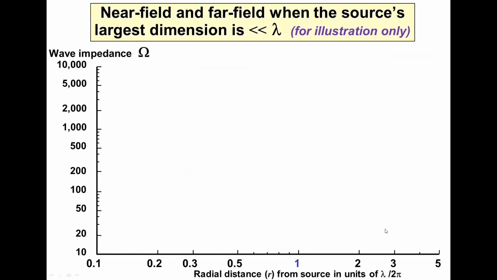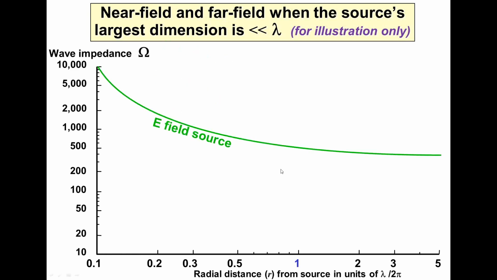Let's look at the case which is often true for small things at less than a gigahertz. We have the wave impedance versus radial distance from the source. There's an E-field source, which, if we could somehow measure a point source with a point measuring instrument, we'd see it had an infinite impedance, but we can never do that in practice. A pure magnetic field source, measured as a point, has a zero impedance, but we never